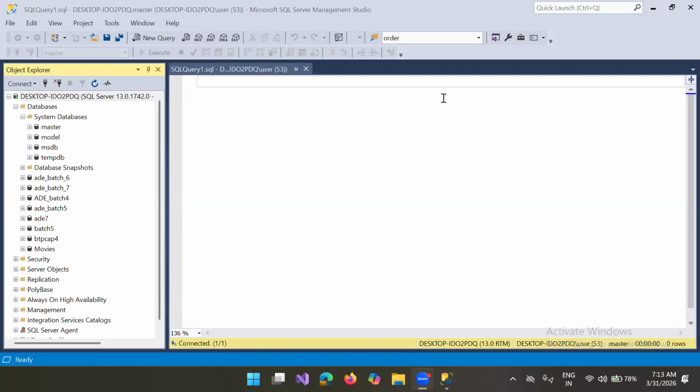Next point: the master database will store complete server level information,